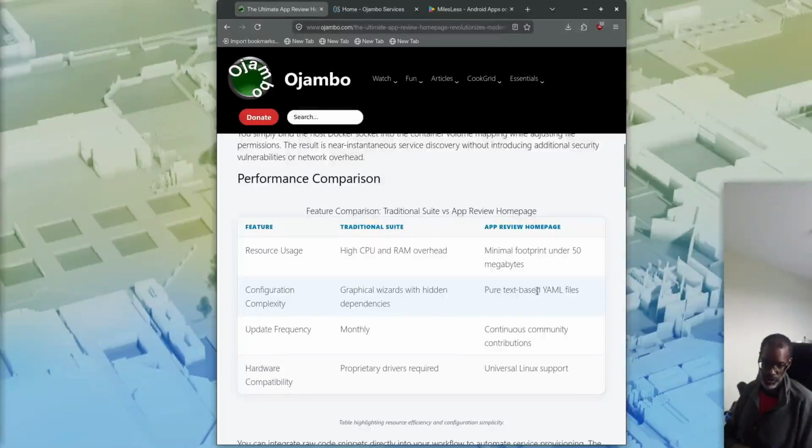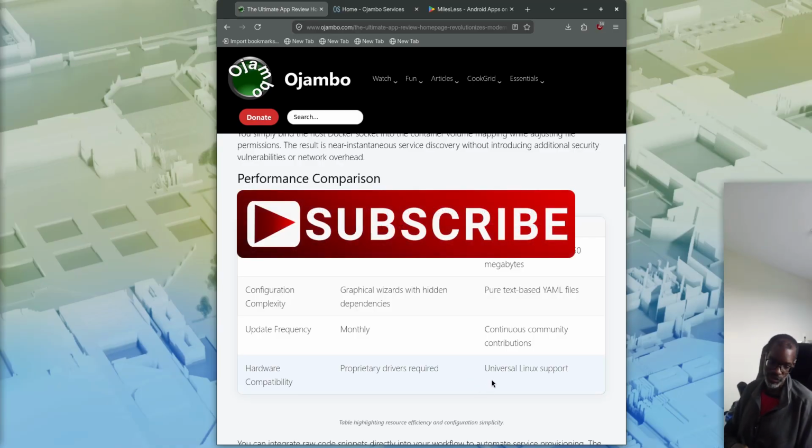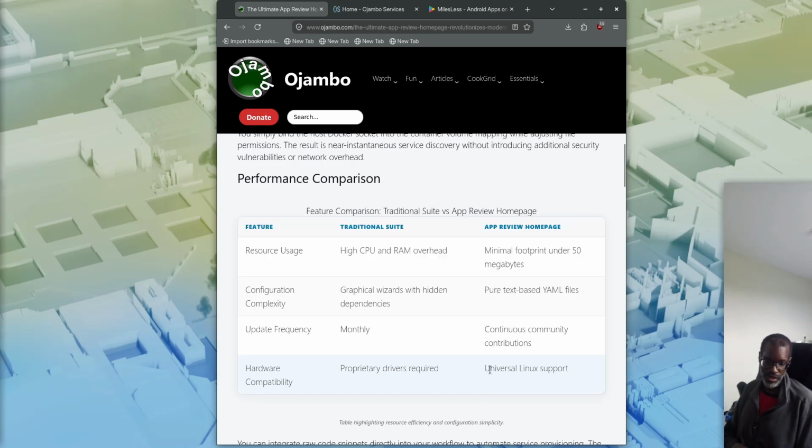This one is pure text based on YAML files. This one, they usually, especially on Fedora, or if you have another fast-paced system, they update monthly. So on page, there's continuous community contributions, hardware compatibility. This one is proprietary drivers usually required, especially if you have NVIDIA, let's be honest, because you usually want the CUDA stuff for some things. Homepage, it's universal because it's just